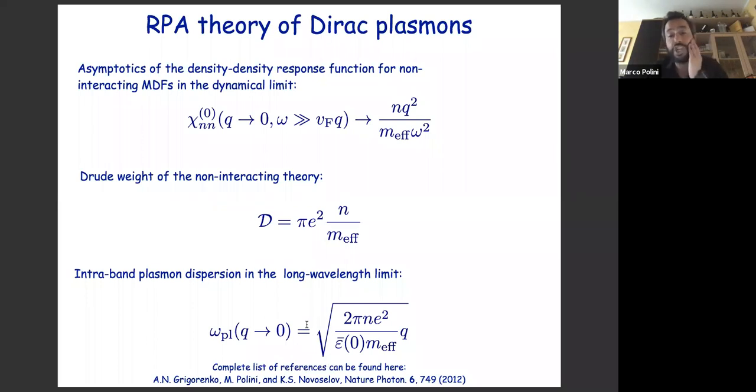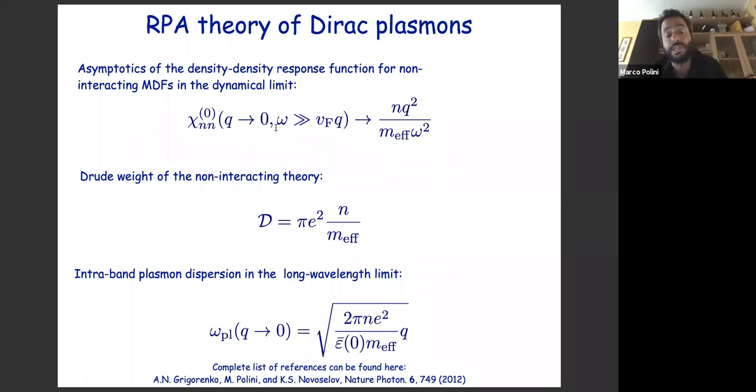So you set up this machinery of linear response theory and a random phase approximation, and in order to understand what's the dispersion relation of these modes, you can use a projected F-sum rule, essentially, that says that for small q, so in the long wavelength limit, and for frequencies omega which are smaller than the Pauli blocking gap, which is twice the Fermi energy in units of h bar, but frequency much larger than the threshold VFQ for single